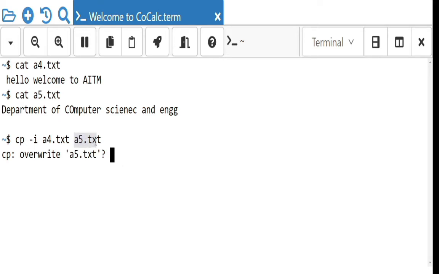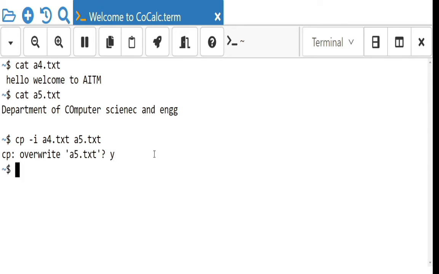Because a5.txt already has contents, Department of Computer Science and Engineering, whereas a4 has the contents hello, welcome to the AITM. If you give the value as yes, then the overwrite operation will be performed. If you give the value as no, the overwrite operation will not be carried out. Okay, I will say yes, go ahead.